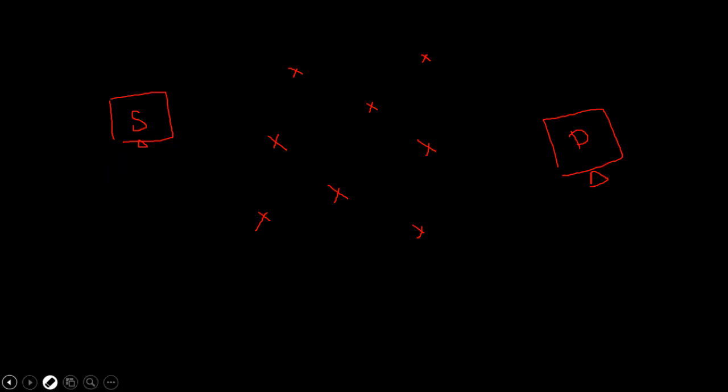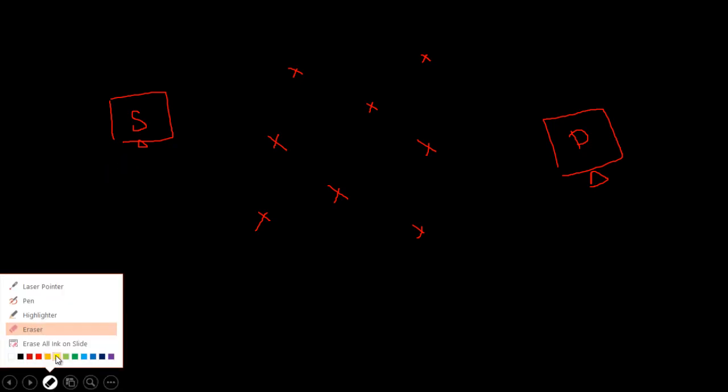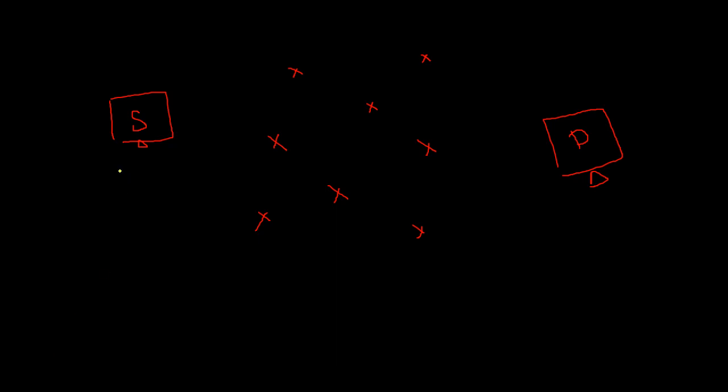Right, let me take a small message. Suppose the message that the source computer has to send is A, B and C. So this is the message that the source computer wants to send to the destination computer. Before sending this data, the source system first divides this message into small packets.